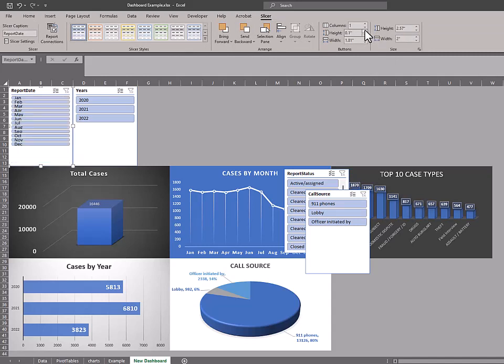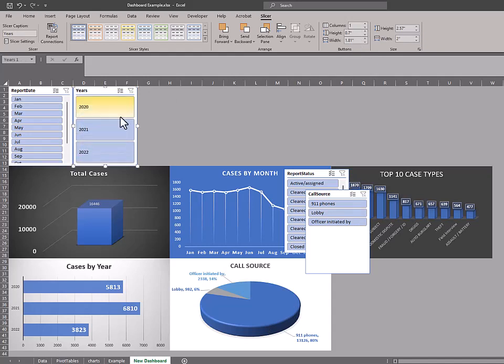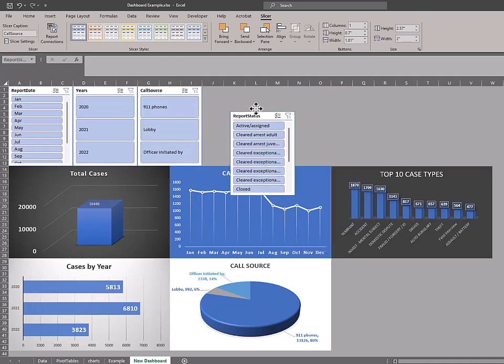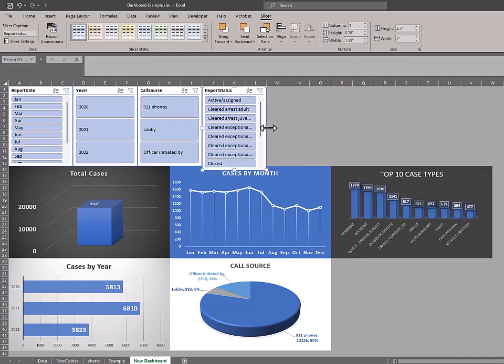You can always make them smaller, larger here. So typically I'd probably move those down a little more, but we'll just have the scroll bar for now. This one will make them fit a little better. You can change the height of the buttons to fill the space out a little better. We'll do the same for this source. So get the table to fit there, the slicer to fit there, and then we'll just increase the buttons to fit better. And then let's get this last one up here,